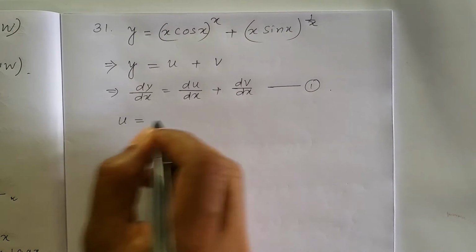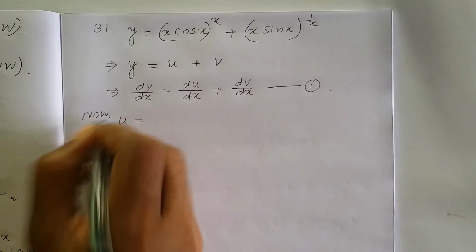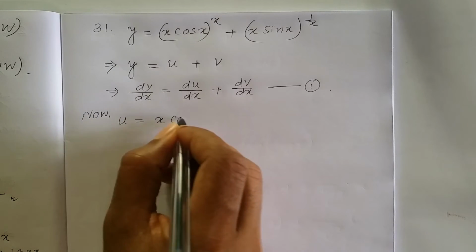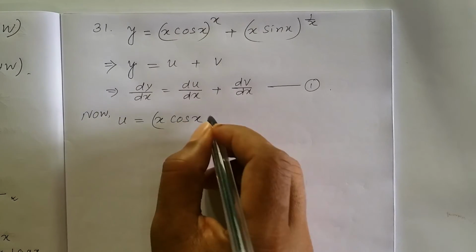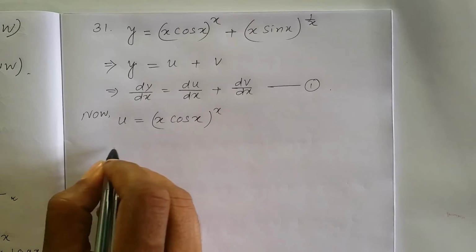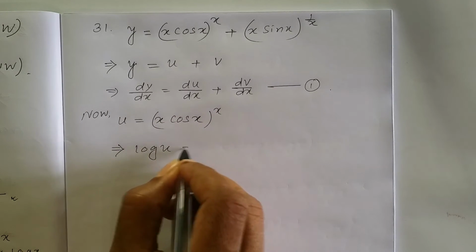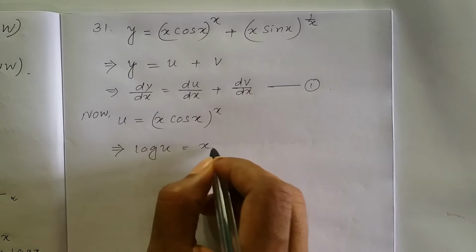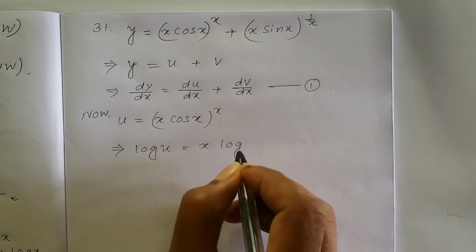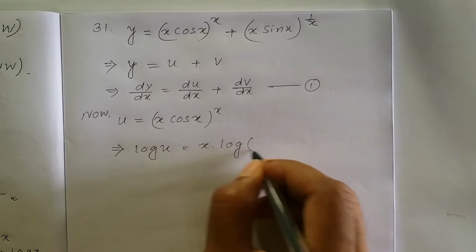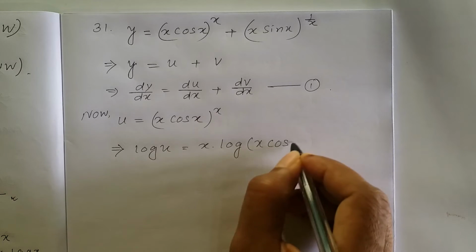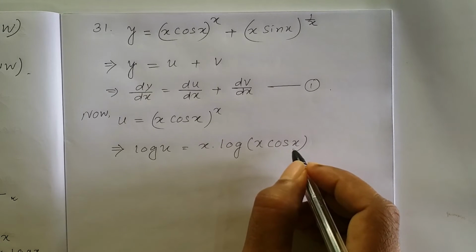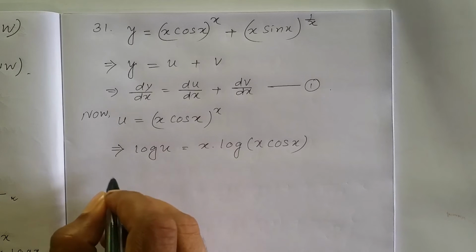u is equal to x cos x whole to the power x, or should I write it otherwise. Then u log, it is equal to x into log of x cos x. If you like, you can separate it, you can do it, there is no problem, and if you keep it like this there is no problem either. So differentiating